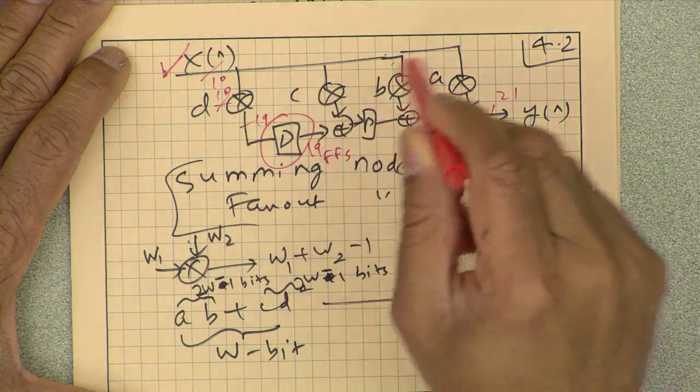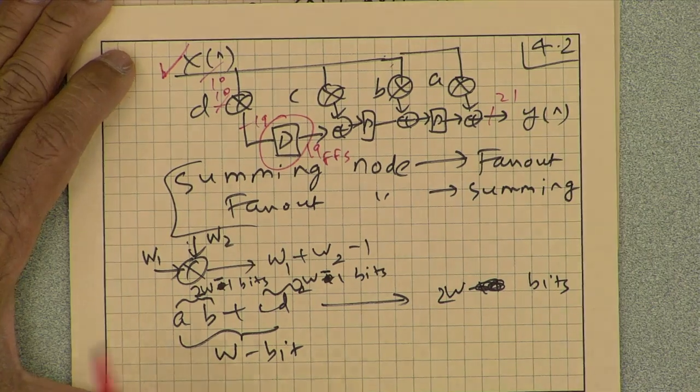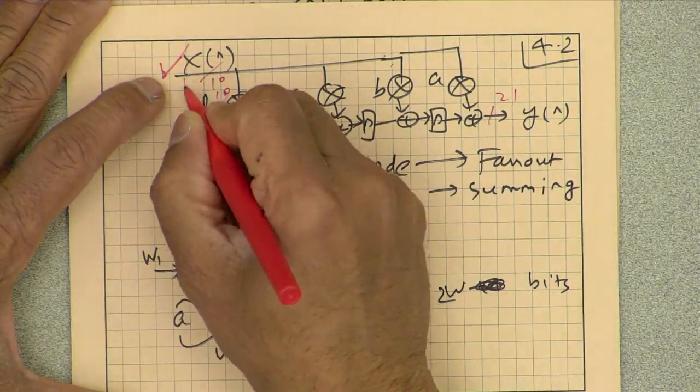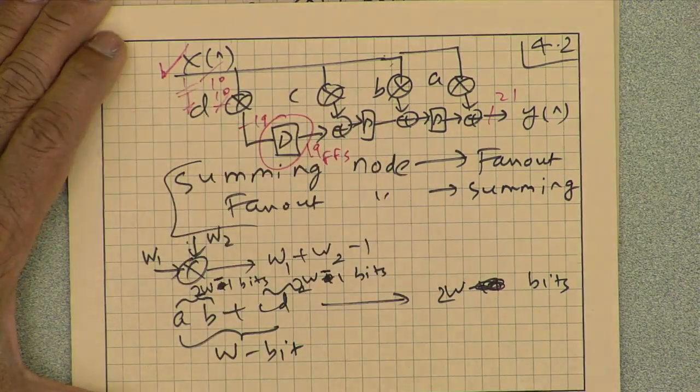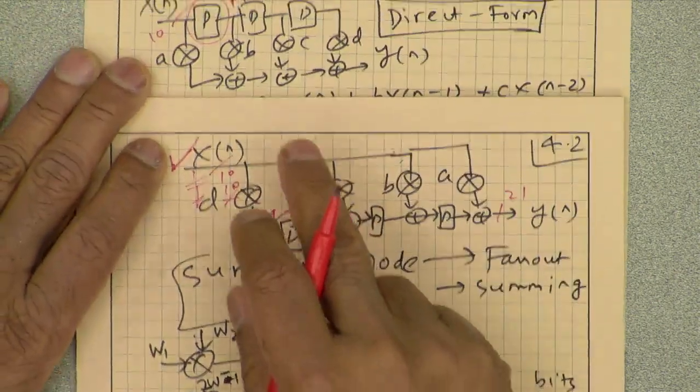So the multiplication itself, if it is a 10 by 10 bit multiplication, it will have a lot of gates. So the effective capacitive load on this input Xn will be substantially higher than the